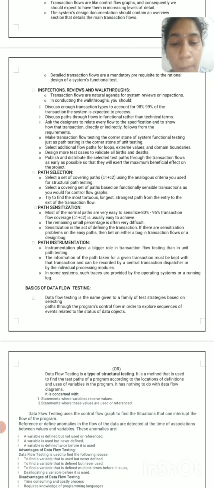a rare bug. Path instrumentation. Instrumentation plays a bigger role in transaction flow testing than in unit path testing. The information of the path taken for a given transaction must be kept with the transaction and can be recorded by a central transaction dispatcher or by the individual processing modules. In some systems, such traces are provided by the operating systems, and are a large basis of data